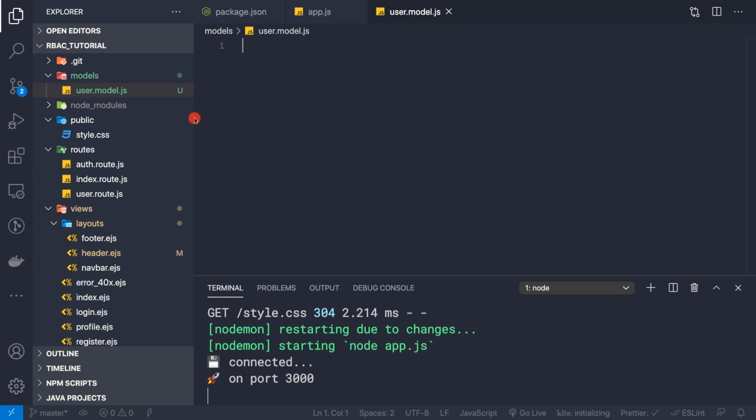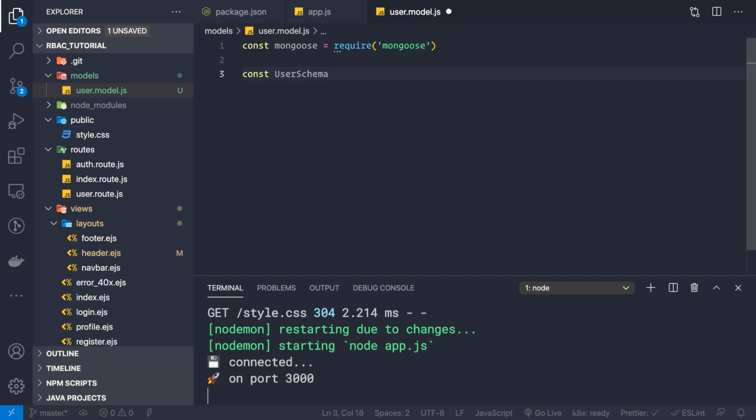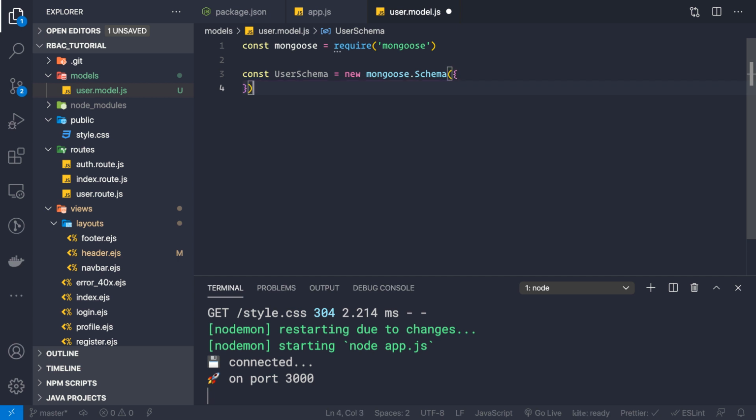And now here what I am going to do is create my user model. So firstly we require the mongoose package. So const mongoose equal to require mongoose, and then we'll create our user schema. So const userSchema, and basically this user schema is the blueprint of our user object that is kept inside our MongoDB database. So const userSchema is equal to new mongoose.Schema like this, and then we pass in the